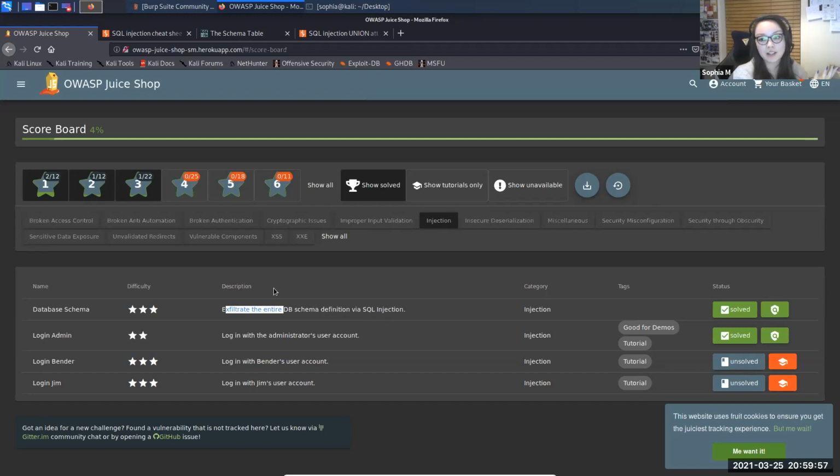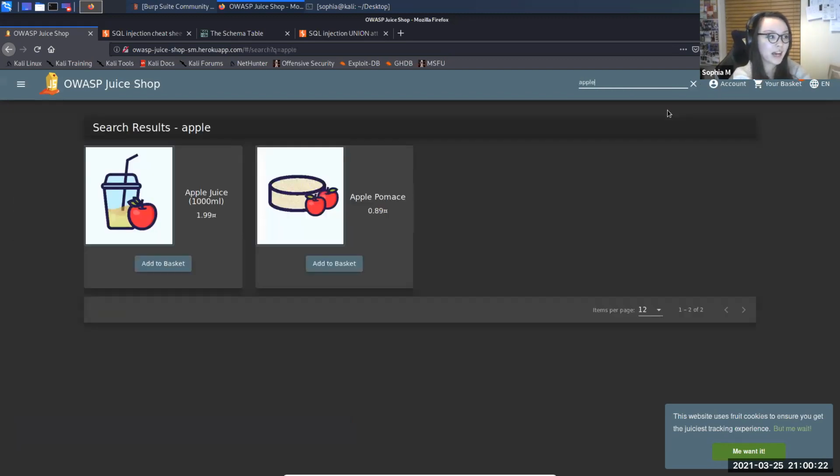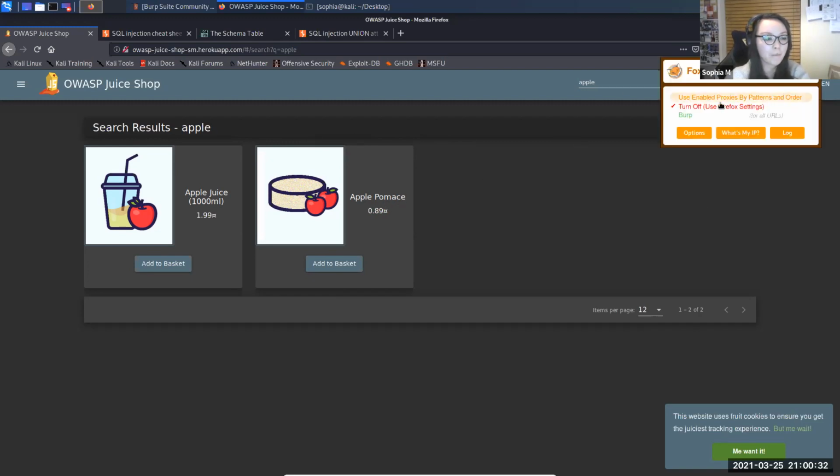A database schema is essentially the structure of the backend database. So you want to find out what's going on behind everything and the ins and outs of it. So we need to find an injection point. A very common one, and this is just something you pick up, is search boxes. If you put into the search box something like apple, you get your apple juice, your apple, I don't even know what that is actually. And if we proxy this through Burp,